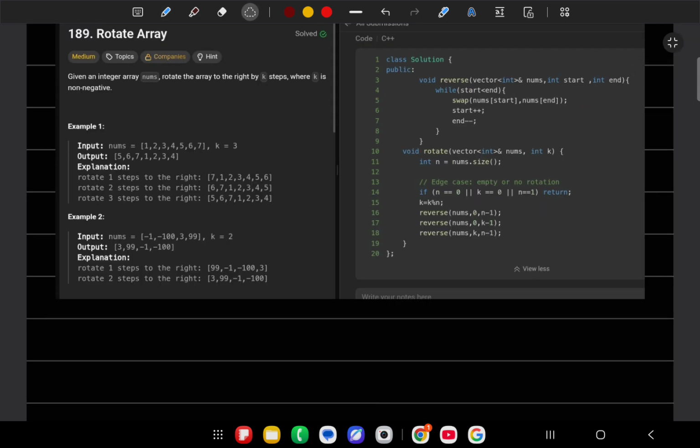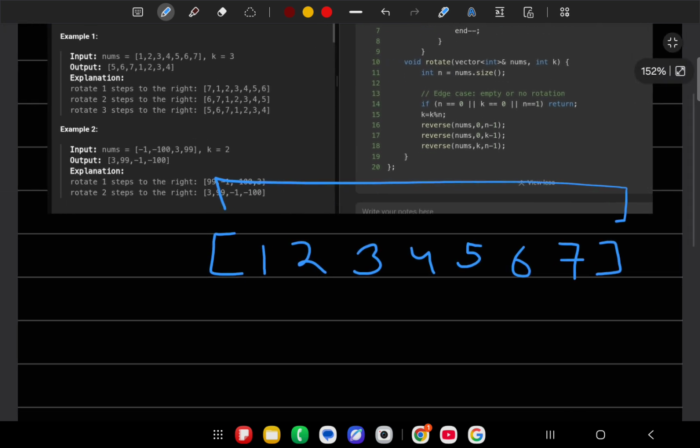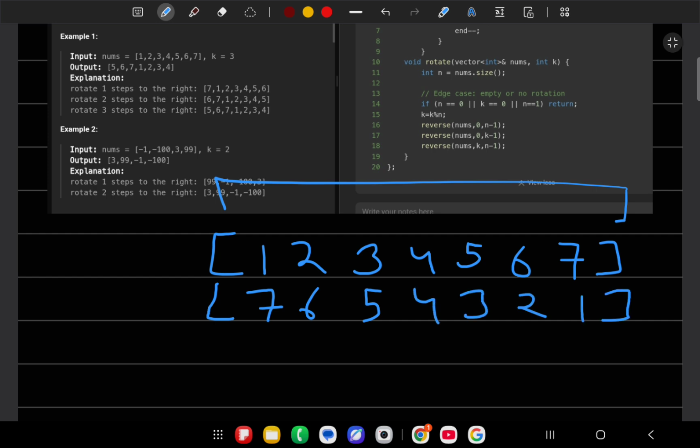We just think of a slight change. We have an array 1 2 3 4 5 6 7. If we apply a reverse on the entire array, let's reverse it, which will become 7 6 5 4 3 2 1. Okay,